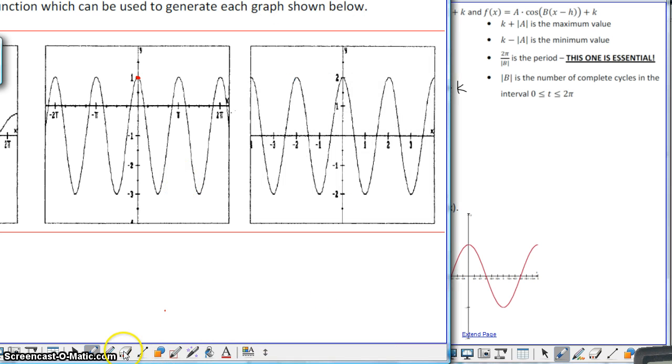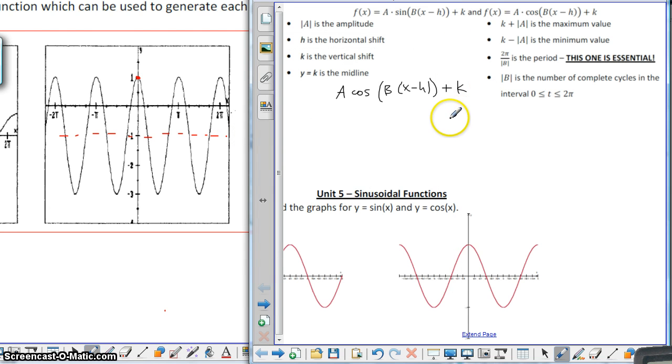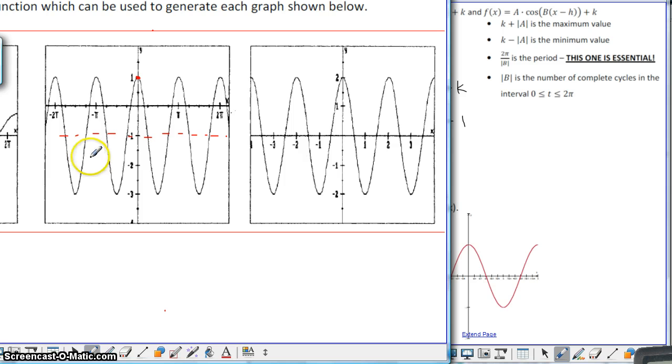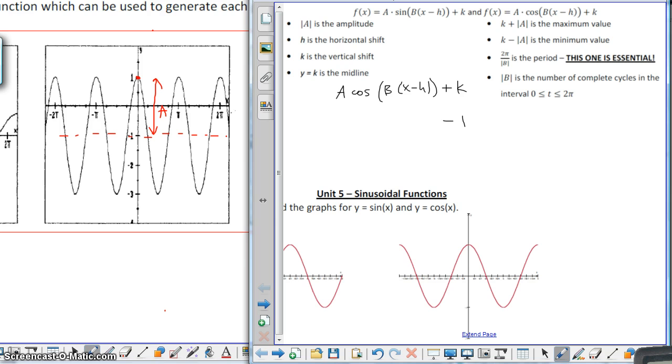So then what I could do is look at the amplitude and midline. I can see right away that the midline is not at 0. So the new midline is at -1. That's going to automatically put a -1 for the plus k, because that's the midline. Then I can see, since that's the center and the top is at 1, the amplitude right here is going to be 2 units. So my A is 2